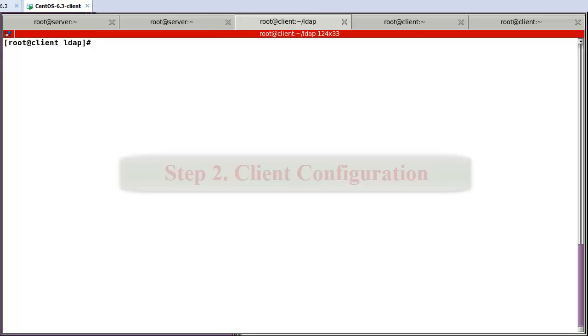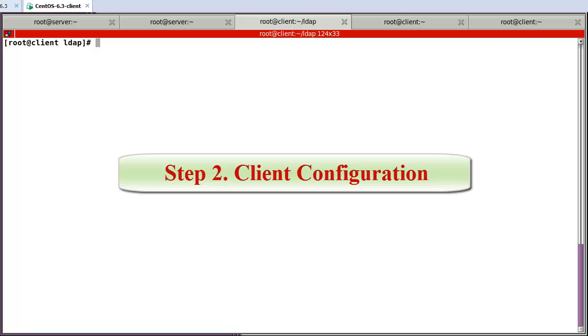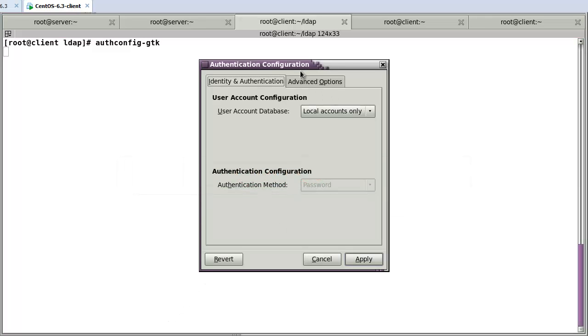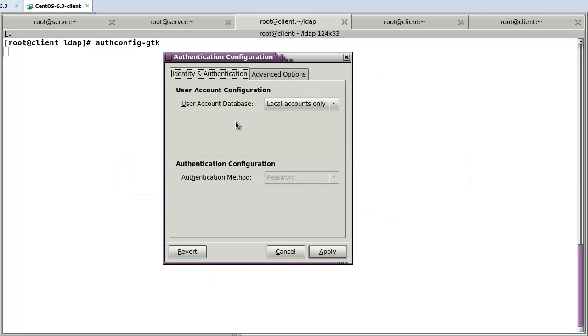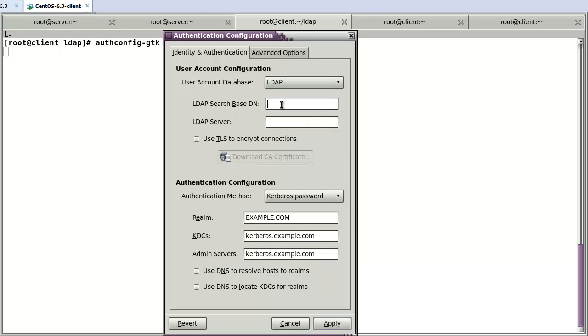Okay, now step 2, client configuration. So here we already installed this package. Then we can see this kind of screen. So here, first, user account database. Here we can see LDAP. Okay, then LDAP search base DN. In my case, dc=char,dc=com. And after that, LDAP server, in my case,